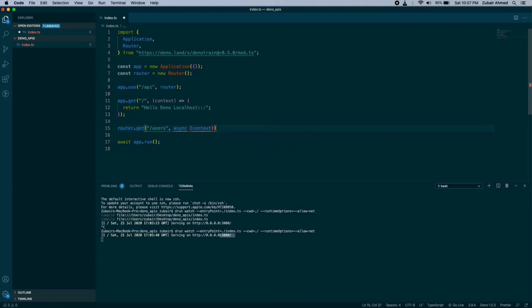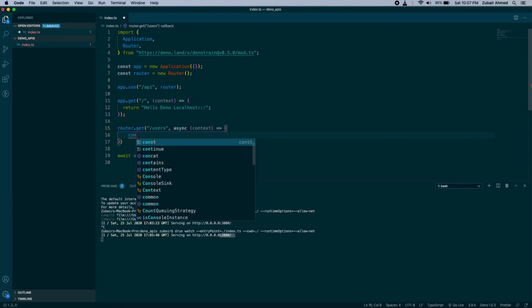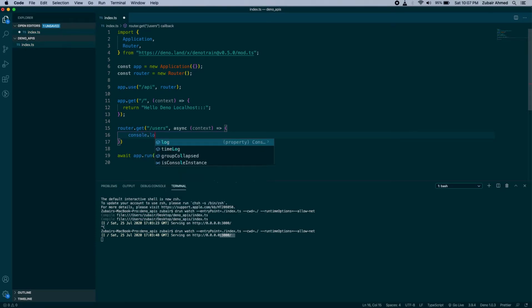So we will pass this context here, and then we will have a function. In it we will get our response. Alright, so let's say we will just console.log, and we will say this is our users list.